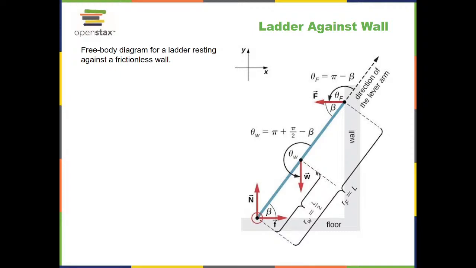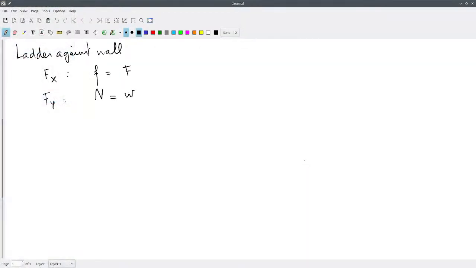In my case, I think the easiest is to use the distance to the line of action, where on this figure you can immediately see that that's cosine beta times L over 2. So we're going to have as a torque equation that the torque due to the weight will be the weight times r perpendicular, so that's going to be the weight times L over 2 times cosine beta. And that has to be equal and opposite